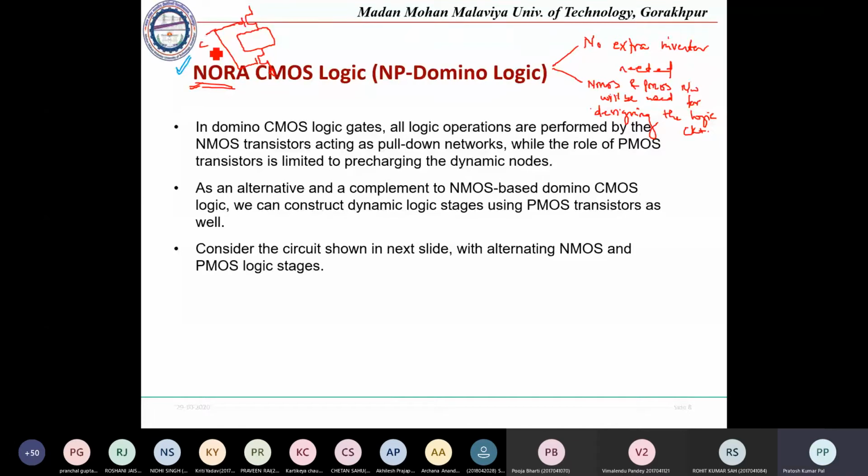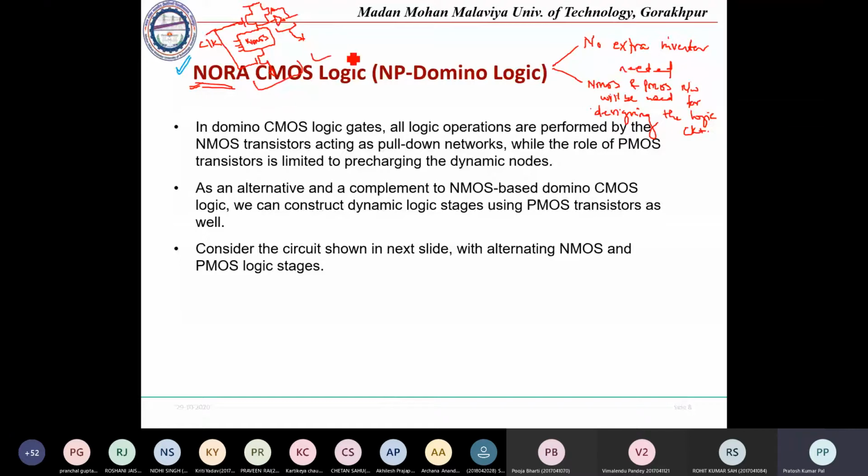this is your clock. So input will be there. This is the NMOS logic, and from there we will be taking the output. And this output will be connected to an inverter, and there will be a keeper transistor, another one. This will be the final domino structure, by removing the charge sharing and along with the cascading problem. But in this domino logic, there will be a requirement of an extra inverter.